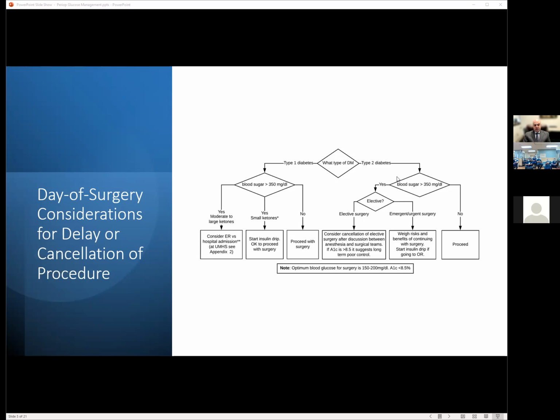With a type 1 diabetic patient, there's going to be an additional step. And the additional step is going to be checking for the urine ketones. This can be done by a simple urine dipstick. Formal labs can be sent if necessary, but this is meant to make sure that the patient is actually not entering the diabetic ketoacidosis stage. It would be inappropriate to cancel a patient like that and send them home because some of those patients will definitely need insulin started, but also they may need initiation of the